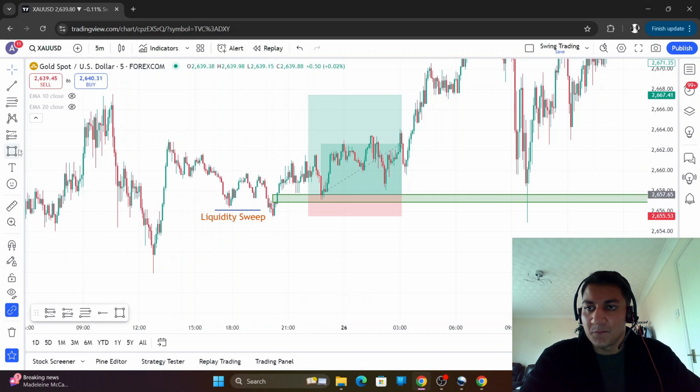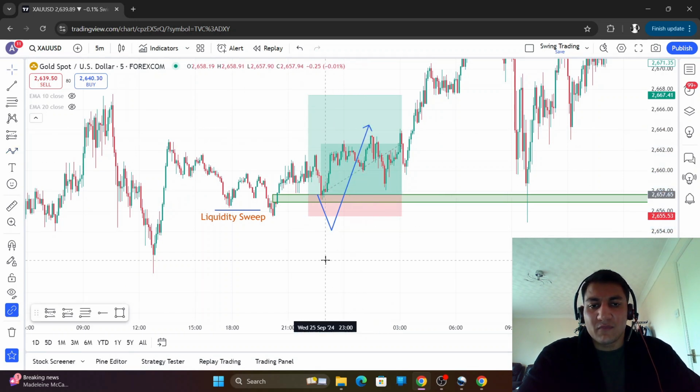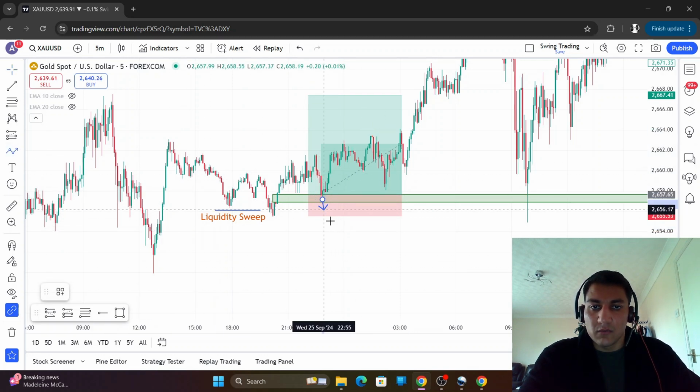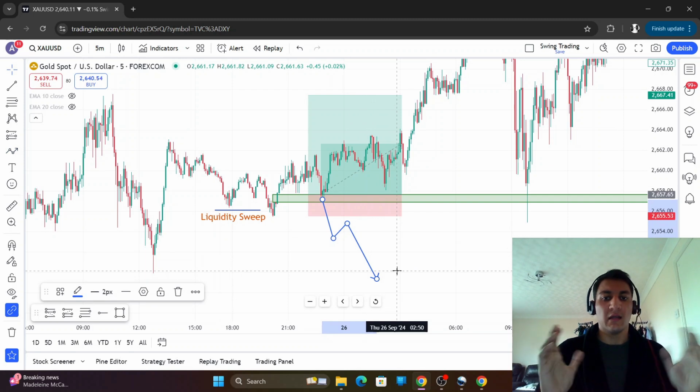So if price did something like this, if price came all the way down here, took out your stop loss and went up, it's very unlikely that that would happen because we've already taken out liquidity. So why would we take it out again? What is likely to happen is that if this low is taken out, we're likely to have a bearish move down, and then you're wrong, right? You're just wrong in trading, and that's going to happen, right?